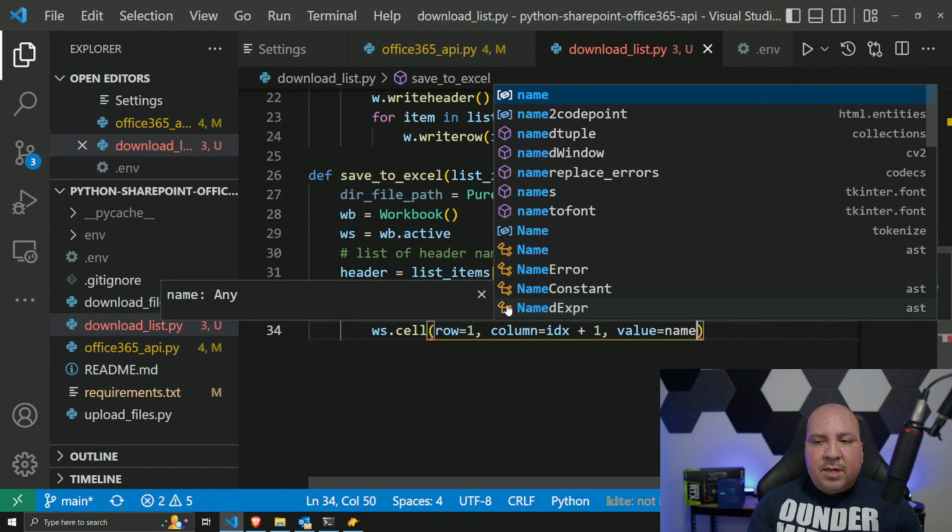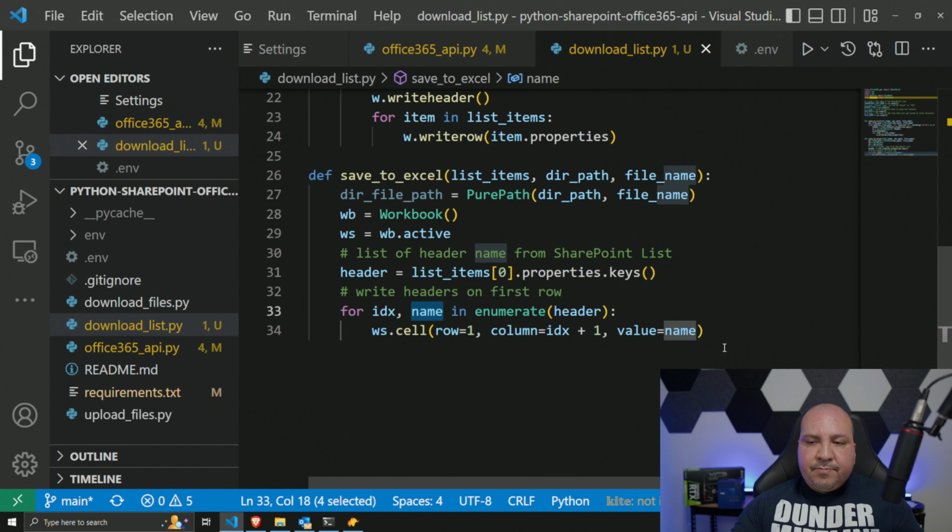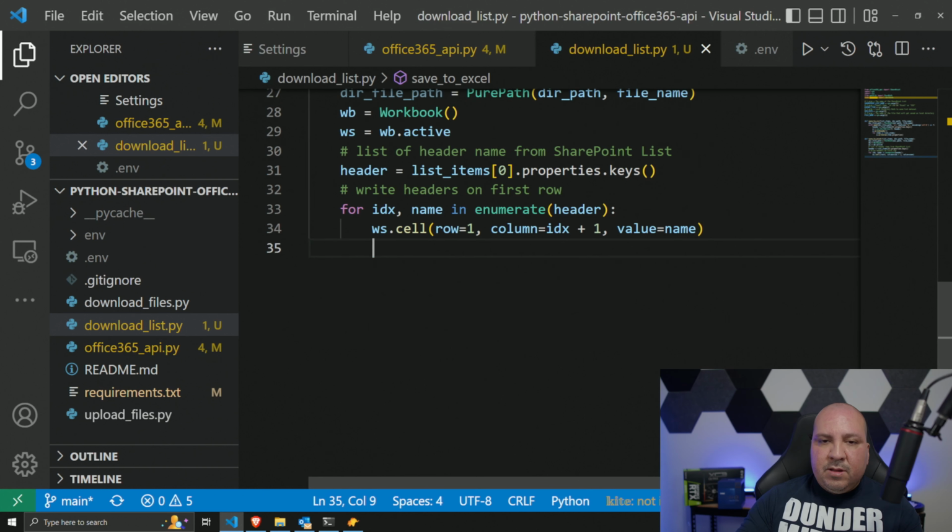And in this case, it would be the name. That's where the name comes in right here. So this would write our header to our Excel file. That's exactly what that's doing, right? So now the next thing is going to be